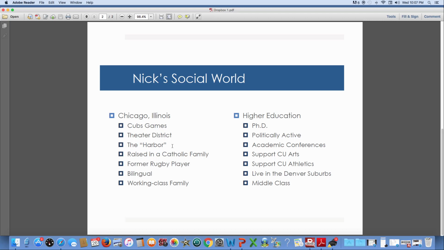But here in Boulder, Colorado, my social world has changed. That's where I was from originally, Chicago, and many of my friends and family still live there. But I'm quite different than many of them now, and my daily routine isn't necessarily very similar to theirs. My daily routine is the social world of higher education. Here's where you'll see these start to fine-tune a little bit. These will be cultural characteristics, many of which are choices and decisions made by myself and who I surround myself with